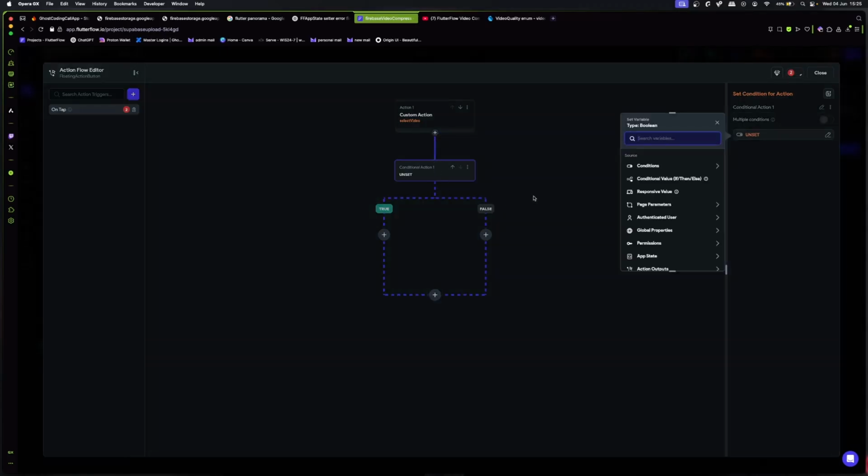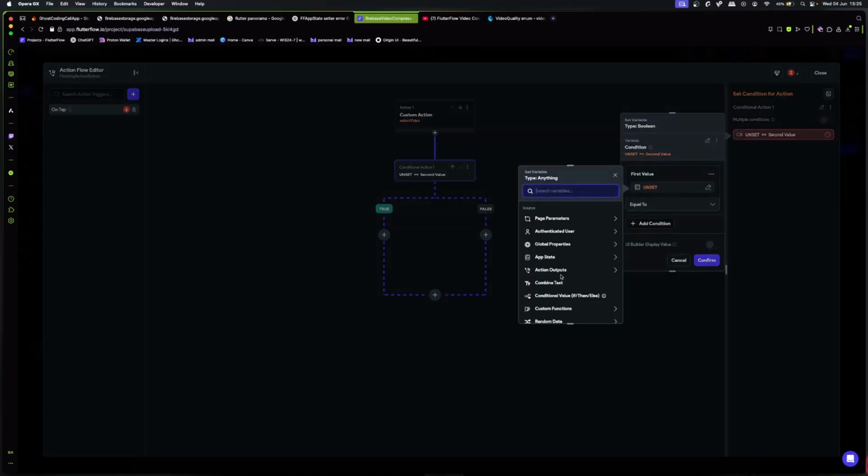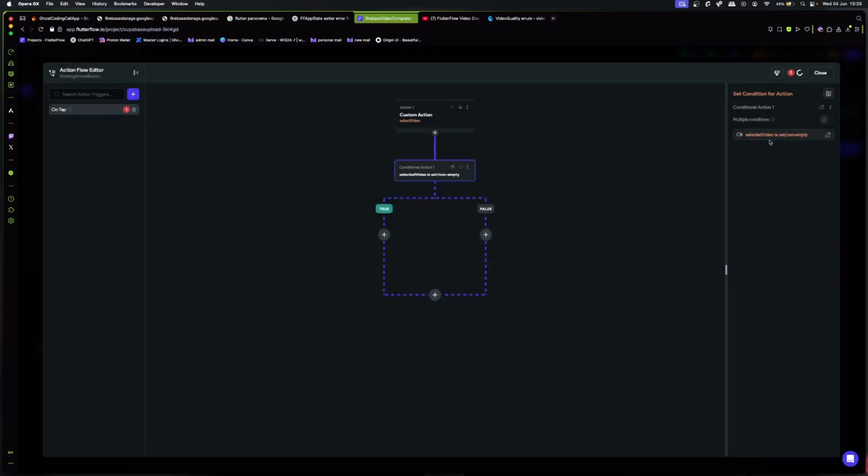And now we need to do some conditional logic. So what happens if the user cancels the upload? Then that means that we need to end this action, right? So we're going to do a single condition, action output, selected video, and we're going to set this to be set and not empty, just like that. If we've selected a video, then this will return true because there's a string value. Otherwise, it's going to be false.